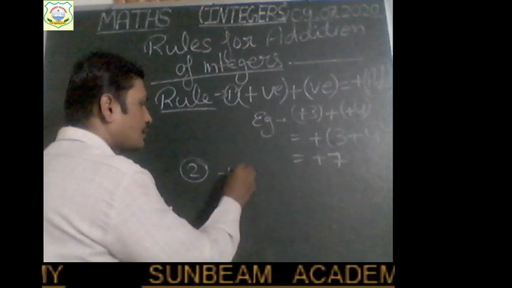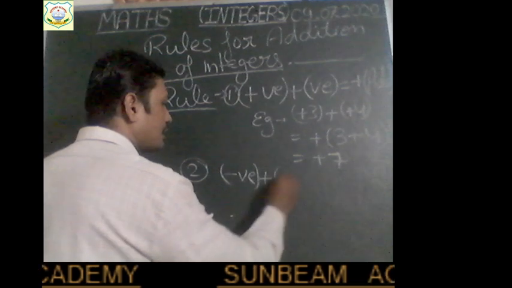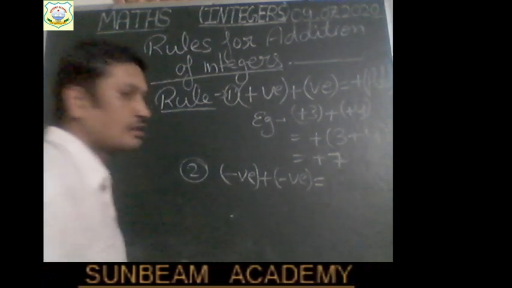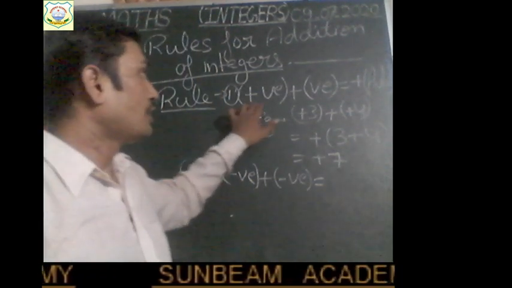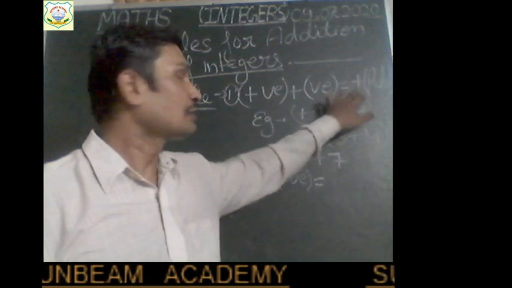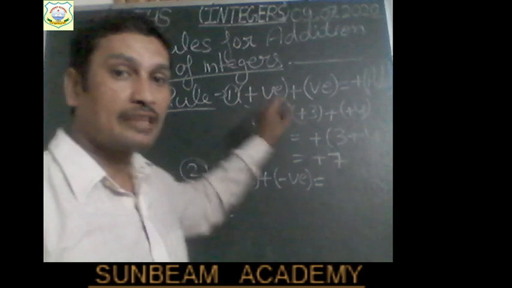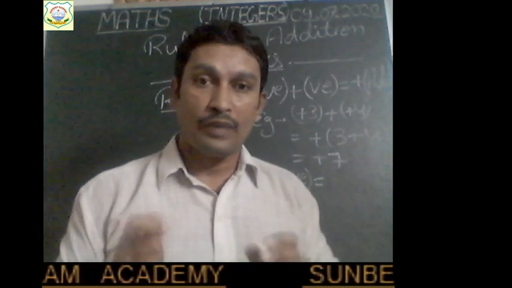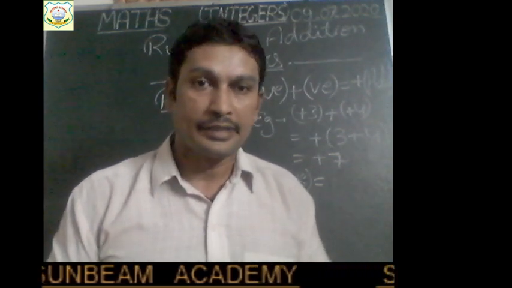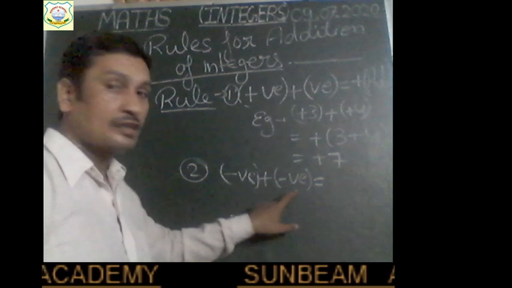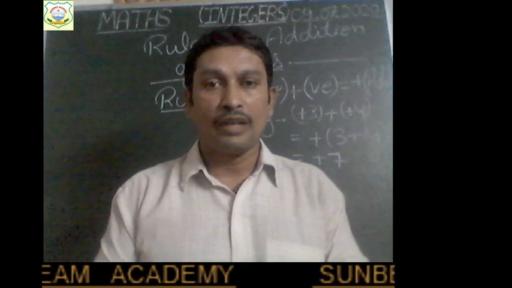When we have to add negative integers, negative plus negative, both integers are negative. Here you can see when we were adding positive integers, the result was positive, and we added because both numbers have the same sign. Right, children? Whenever two or more integers have the same sign, they are always added. So these two integers have the same sign. That means they are moving in the same direction, then their values will be added.